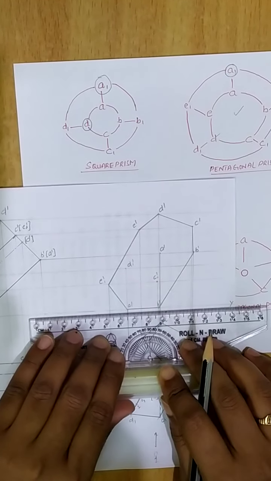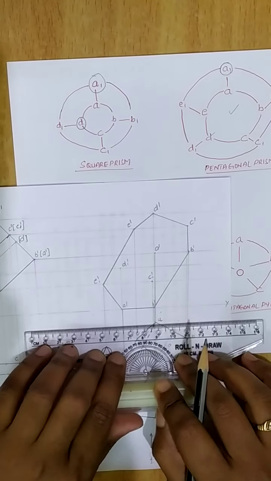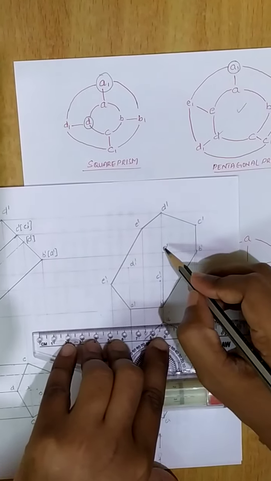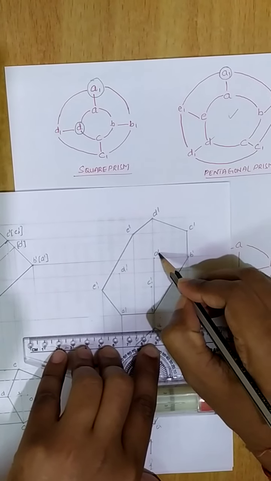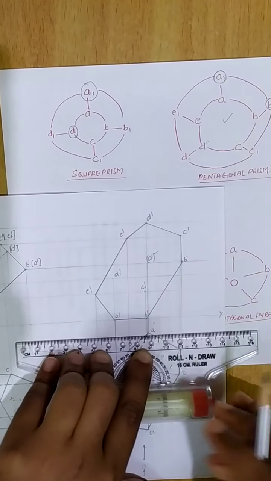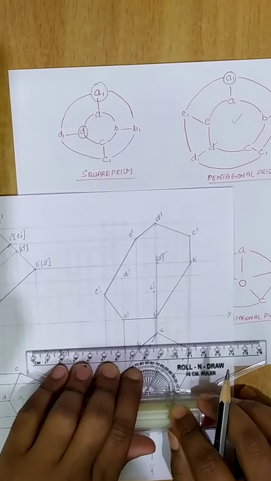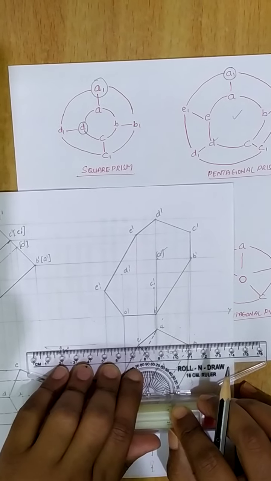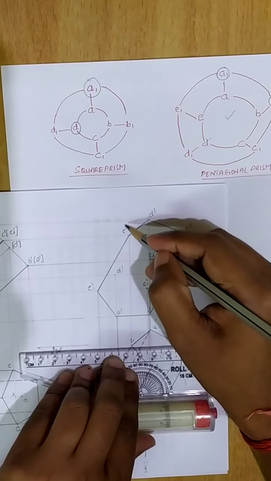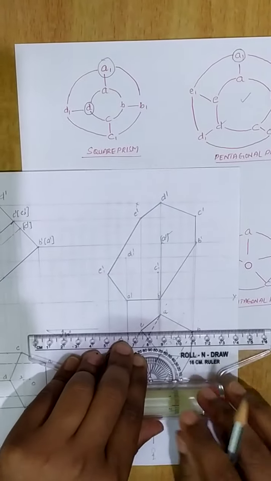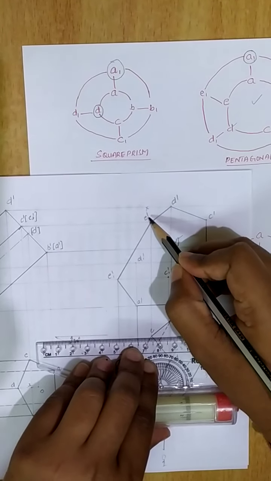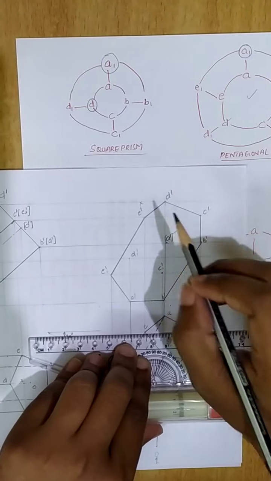First corner: I'll place the scale on the XY line and roll the scale downwards. Which point will appear first? A. This corner A, in the front view, I am getting inside the boundary. So I should consider this as my hidden corner, and I will place this corner A dash inside the brackets. Next I will go down slowly. The corner E appears next. If I take this point E in the front view, E dash is coming on the boundary line. Hence that is not a hidden corner.